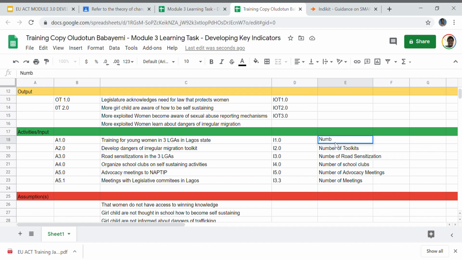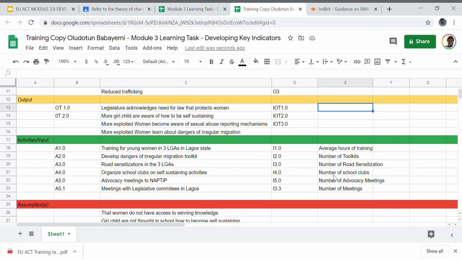These can be average hours of training, right? So I'm just using this for training purposes, right? So you have that, and at the output stage, remember we already said this, so let me put this as IoT 4.0. So